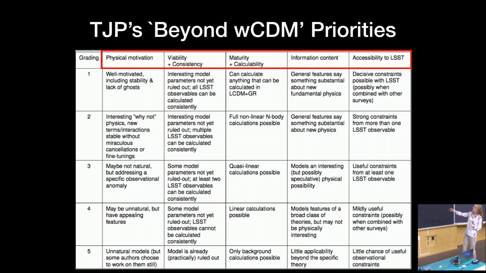Okay, so after considering and ranking our models, what we came up with was a kind of 2-tier system. Yep. One question: do you have an example of a model where you can do a full nonlinear n-body calculation, and you still can't calculate anything? Like, what would prevent you? If you have equations to do the full nonlinear thing, what is it that you can't do? Do you have an example?